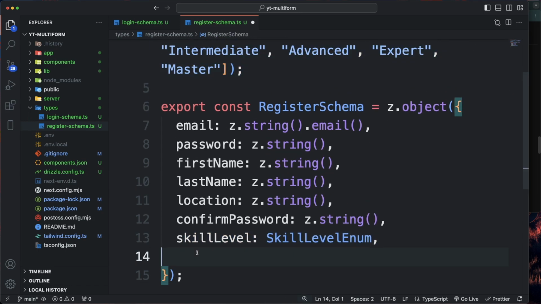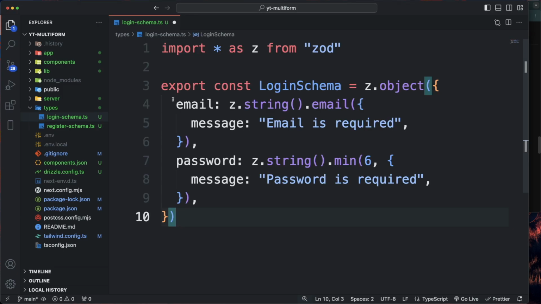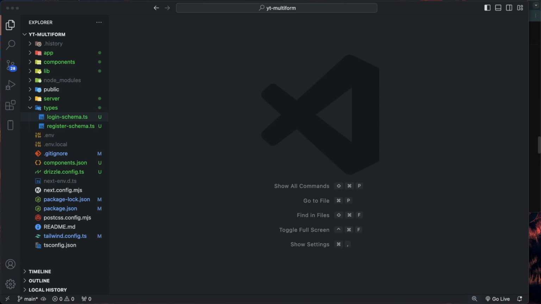All right, very simple. And then our login schema is super simple. It is just an email and password. And we got a little bit of form validation here as well. So yeah, email is required and password is required as well. So this is our login schema. So now we can head over to our auth and we can use these schemas to validate the credentials. So server